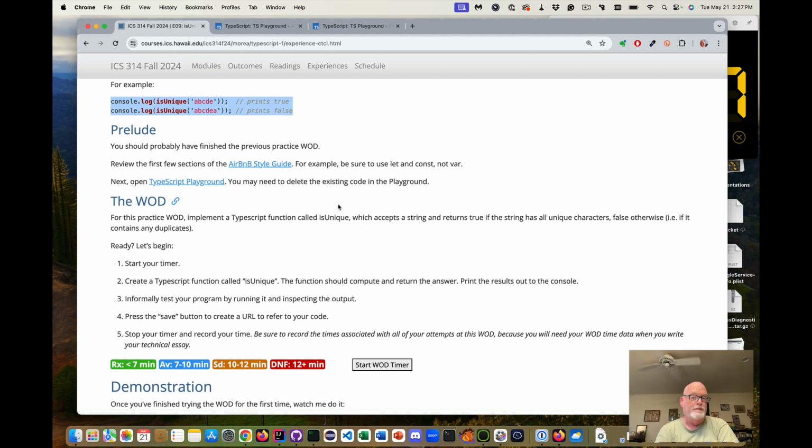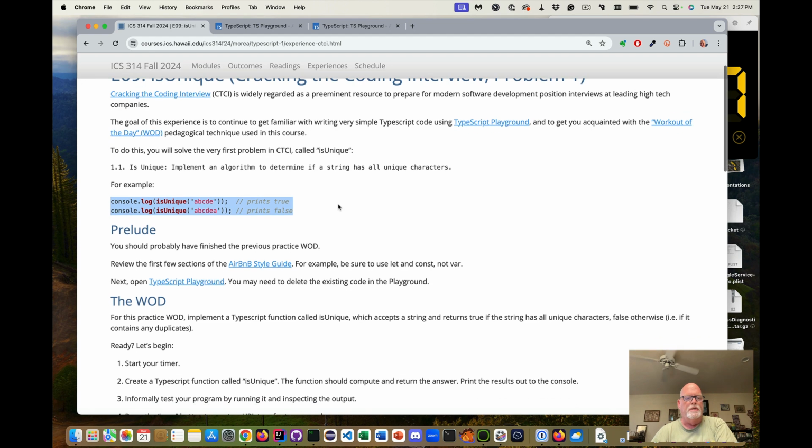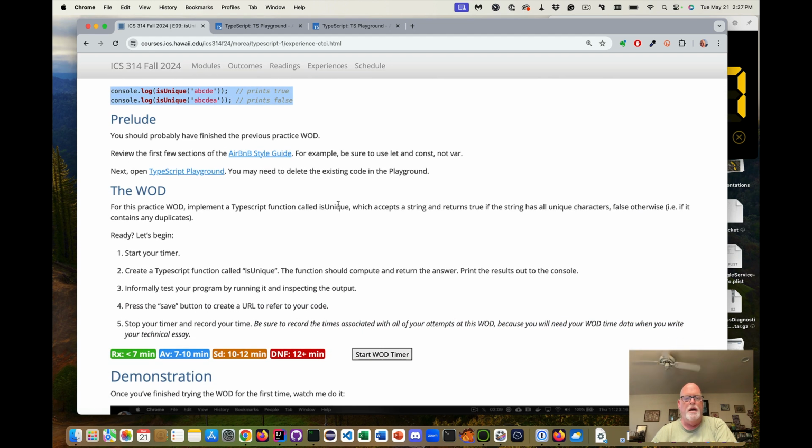I do have to say I've done this problem a lot of times, so it's not fair for me to be done that fast. But I have solved this problem from the Cracking the Coding Interview book several times. Make sure that you record your times for each of your attempts. If you DNF, try again.